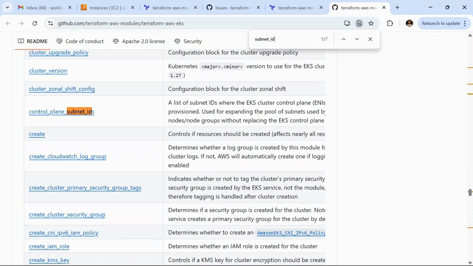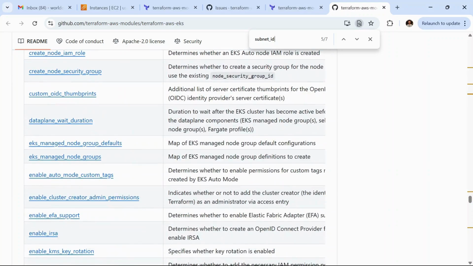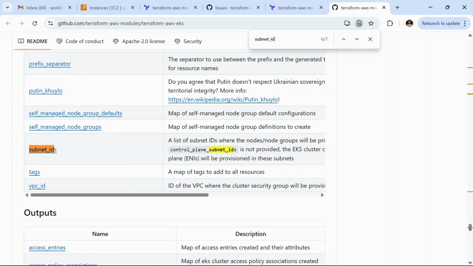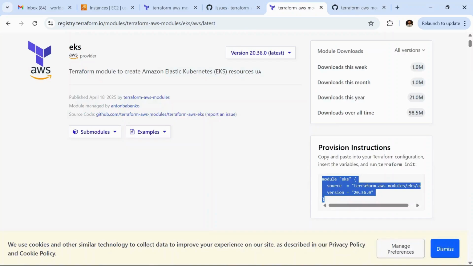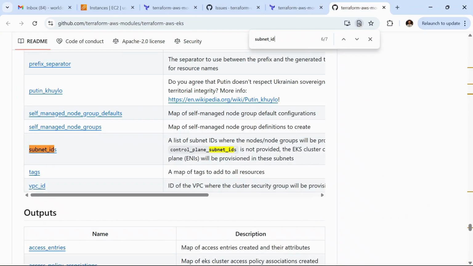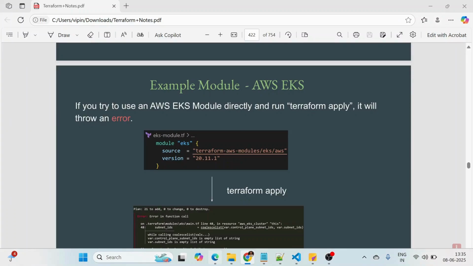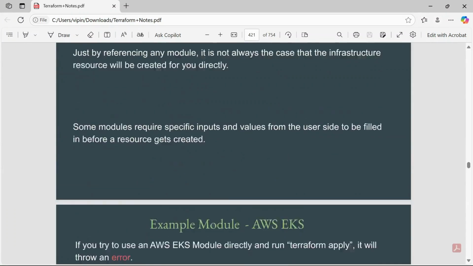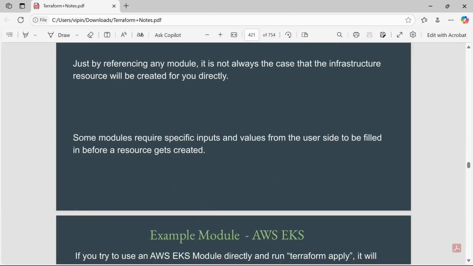So you need to define the subnet IDs in order to provision the EKS cluster using this module. As we have already discussed, some modules require specific inputs and values from the user side to be filled in before a resource gets created.